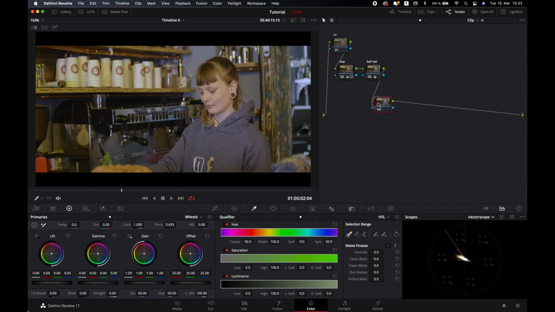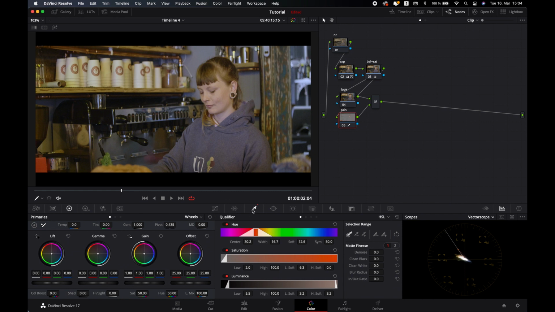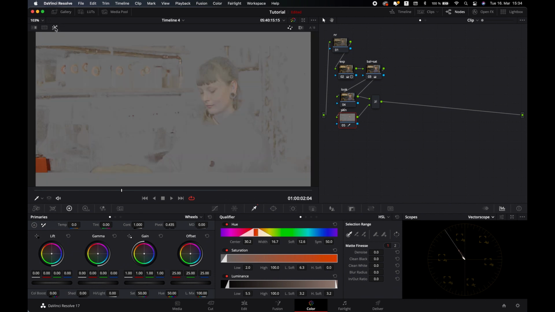Let's add another node. Let's get it down. So name it look. I'm going to add another layer node by clicking Option and L. And let's name it skin. So we will separate her skin. So let's qualify her skin. I will start from color preset red, and then just click on highlights